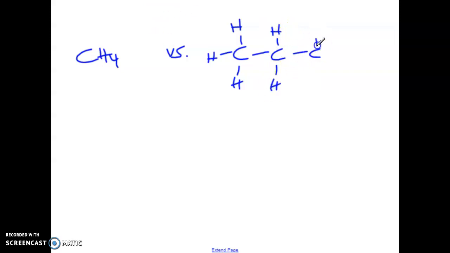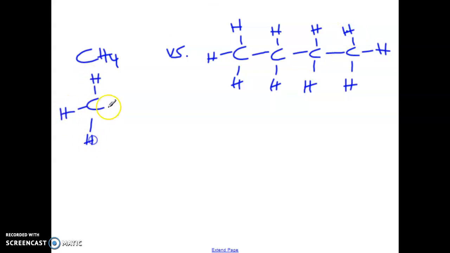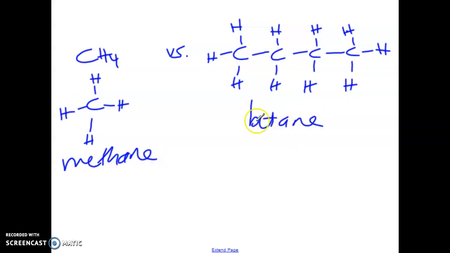So let's say I had CH4 versus, let me make a larger hydrocarbon here. Okay, so methane, which is one carbon and 4 hydrogens, versus this, which is butane actually, which is a lighter fluid. If you ever see them at the dollar store, instead of using a matchbox, there's a lighter fluid for when you're lighting birthday candles, which we can't even blow on right now, which you have to kind of just wave with your hands to extinguish. But anyways, so methane is a gas and butane is a liquid, but they're made of exactly the same